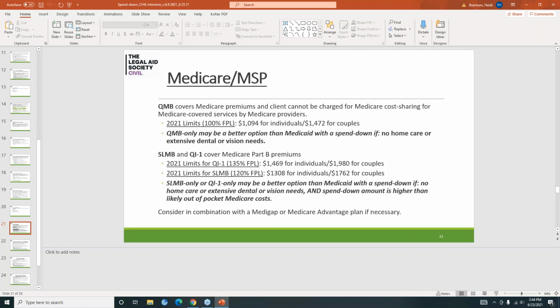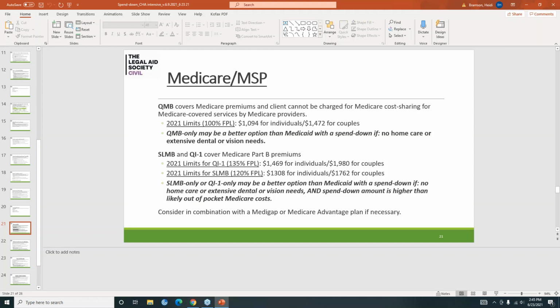And then we move on to SLMB and QI1, which only covers Medicare Part B premiums. And SLMB only or QI1 only might be a better option than Medicaid with a spend down if again, the client doesn't need home care, they don't have extensive dental or vision needs, and if their spend down amount is higher than the amount that they're going to pay out of pocket with Medicare.